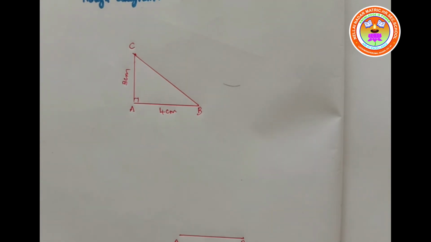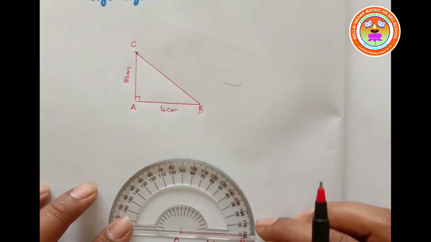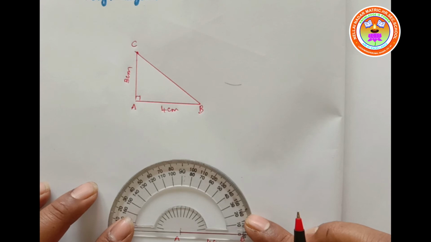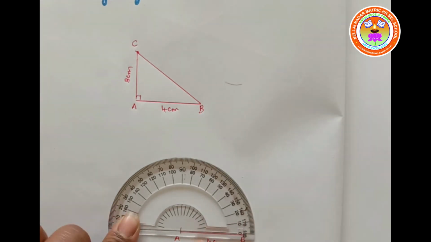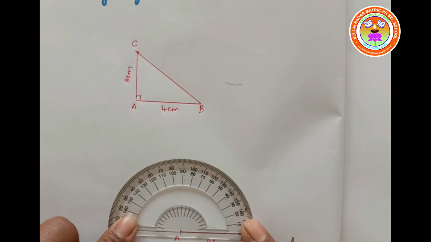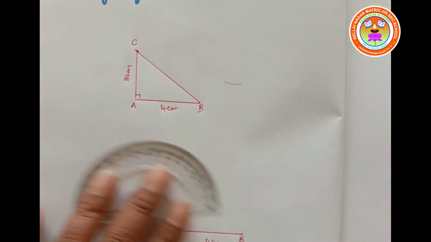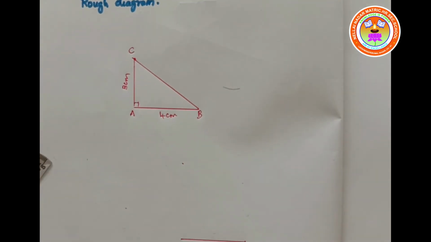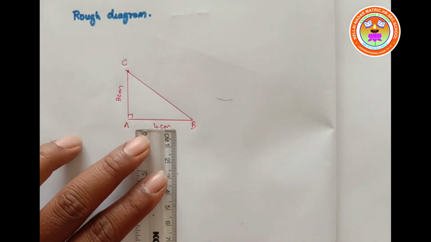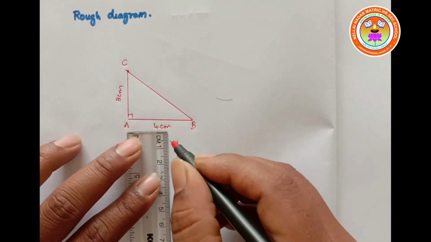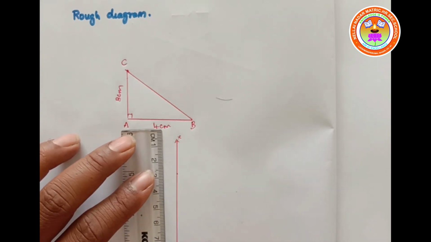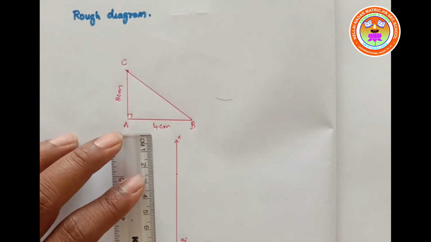Then you have angle A given as 90 degree. So with the help of protractor, you are going to mark 90 degree. Okay, see children, this line should intersect here, right? Should be a straight line. Check like this, right? So from here 90 degrees here. Keep a point and extend the straight line. Now this line I consider as X. This is 90 degree. It's clear children?